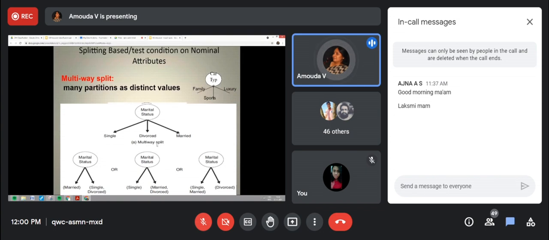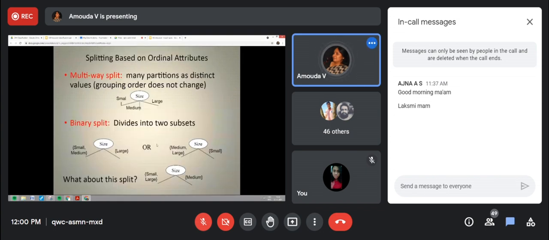Then we switch to the ordinal attributes. Multi-way split and binary split are both possible.